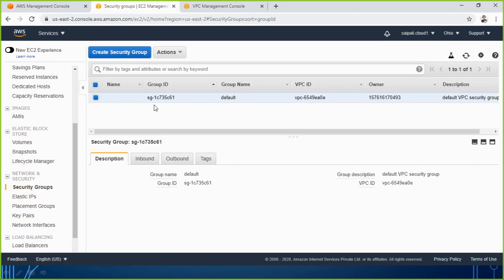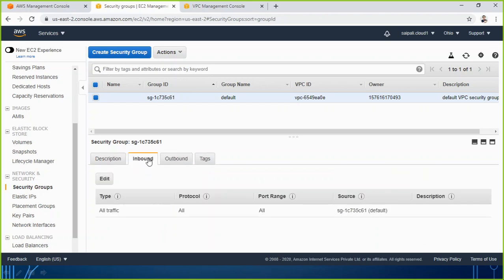And here you can see there is one security group created by default when I was creating a specific EC2 instance, or when you have a VPC, because there is already a default VPC there. So with the default VPC you also have a default security group. So this is the default security group. And here, if you go to the setting of rules, we always have two types of rules, inbound and outbound. Inbound means what type of connection request can come in, you are filtering from here. What kind of connection can go out, you are filtering from here.